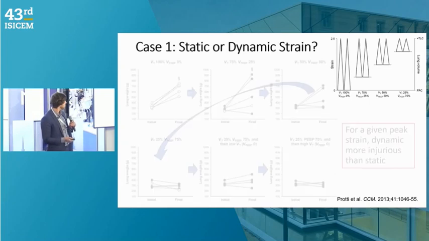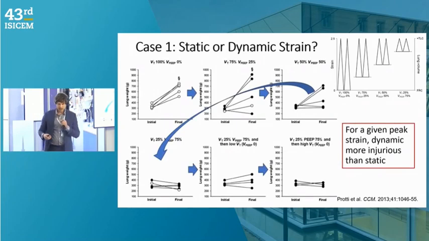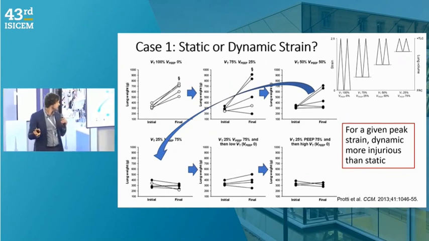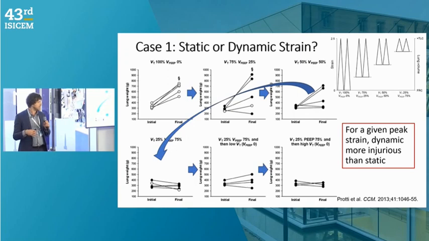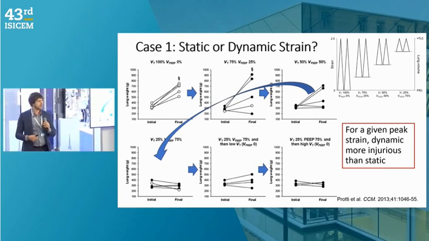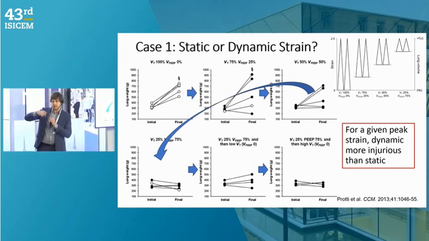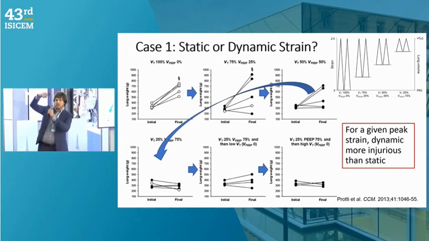So as we mentioned, would you change tidal volume or PEEP? The answer there is tidal volume. And the rationale for that, as Patricia was saying, is because of the difference between static and dynamic stress and strain. So for a given maximal amount of stretch of the lung, you can either start at a high PEEP and just stretch it a little bit, or you can start at a low PEEP and stretch it a lot. And when you start at that low PEEP and stretch it a lot, that more increase in dynamic stress and dynamic strain is far